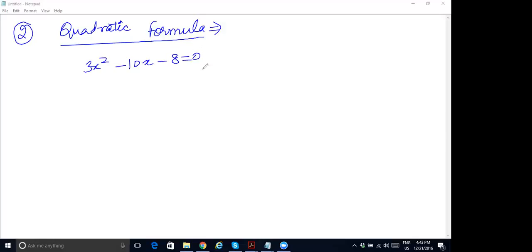How can we use the quadratic formula to solve this? I guess we can substitute values in the formula. So b is equal to, in this case, minus 10. So it becomes 10 plus minus root over b square, minus 10 square, which is equal to 100, minus 4 into a is 3 and c is equal to minus 8